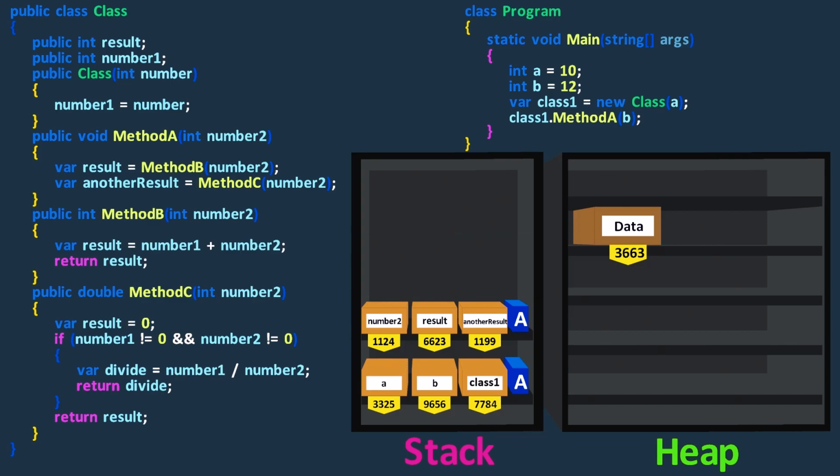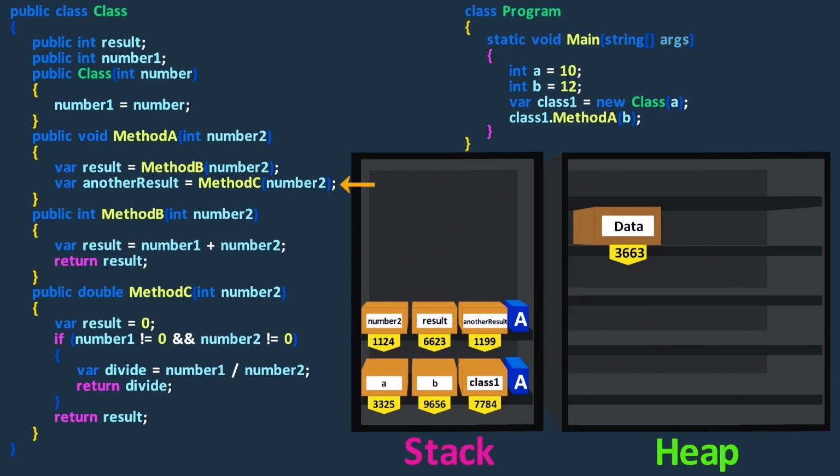Based on the return address in the stack frame, the program continues execution at the location of the method call. The return address in a C# stack frame is a memory location that holds the address of the instruction where the program should continue after the current method finishes executing. It's like a bookmark indicating where the program should go next in its execution flow.